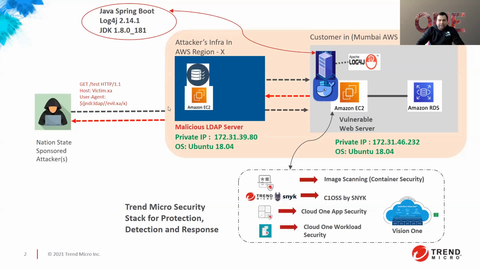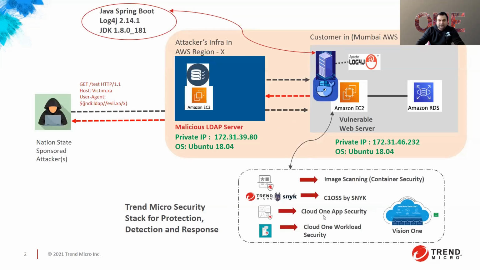Now, while we will see how exactly this works, first we will see how workload security does that in detect mode, and this is where you will be able to see the events. It does not stop it. Followed by that, we will see protection, how the IPS rules, which Weber spoke about, help you reset that connection so that it doesn't even reach your application on the network layer itself. It gets blocked on the interface card itself. It gets blocked or dropped.